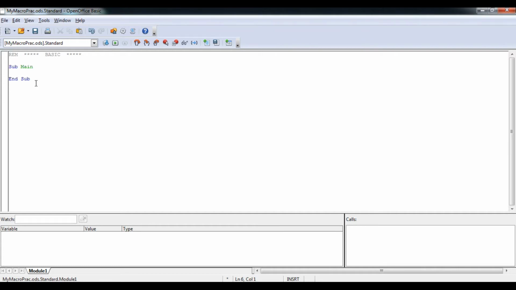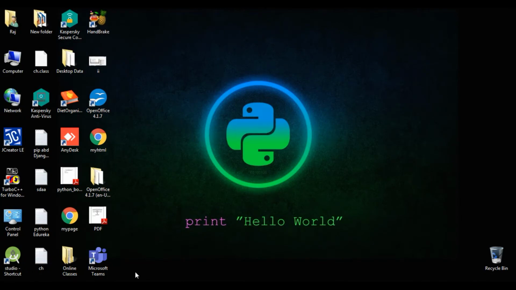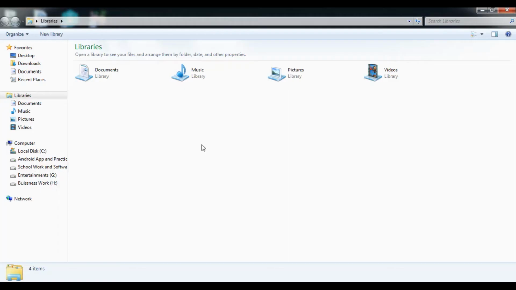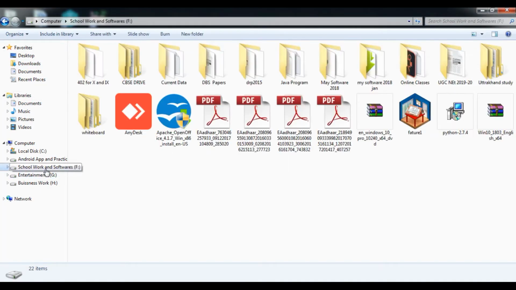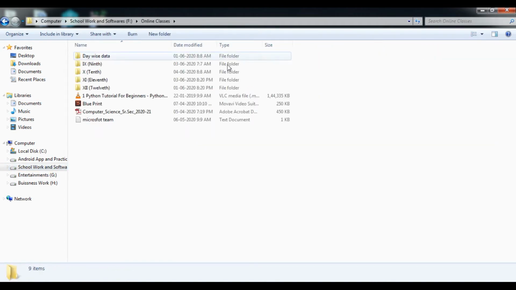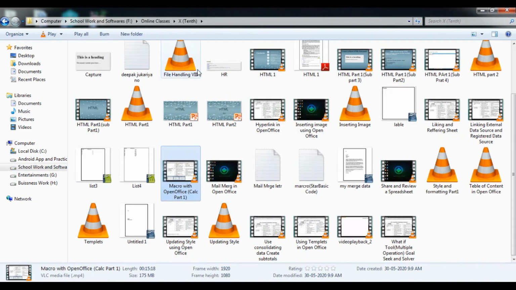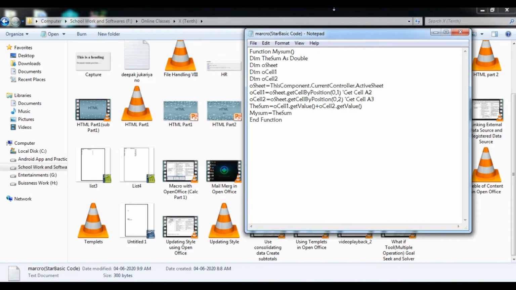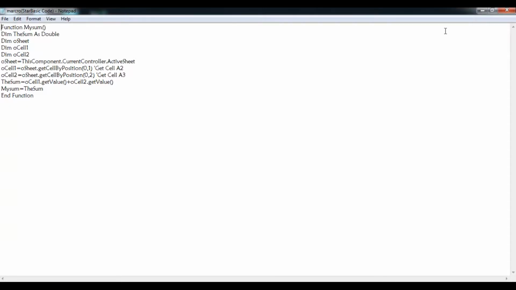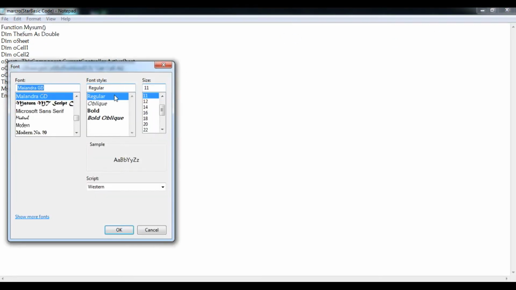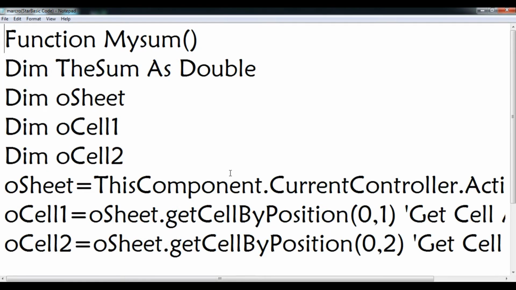Now, students, we are talking about a function. Here is the main function that is necessary to run the macro. We are talking about how to add these two numbers. I have already created a particular file for you all to understand macro functionality and macro function. Here you can see a particular code. In this code you will learn the use of every line.